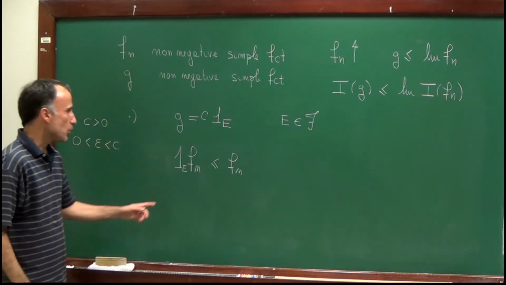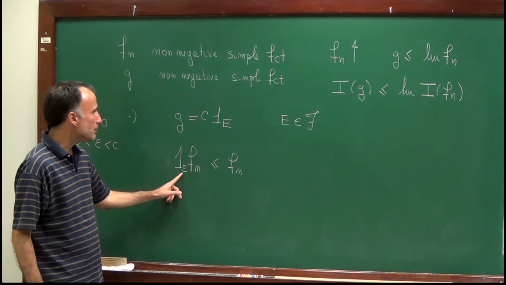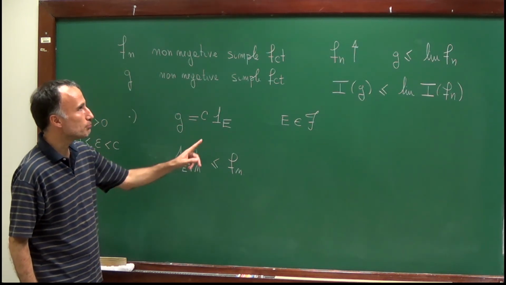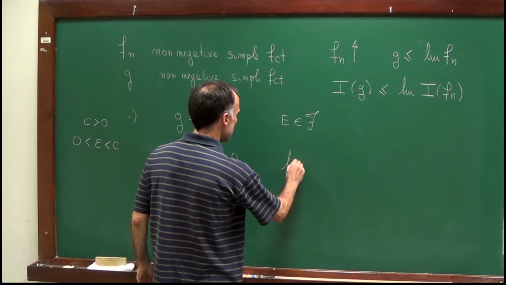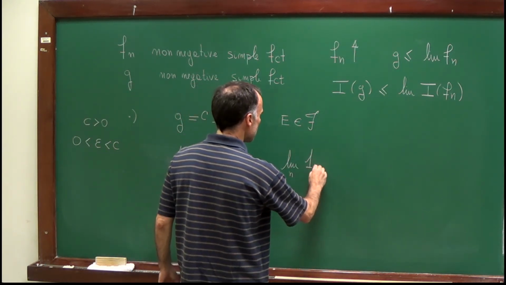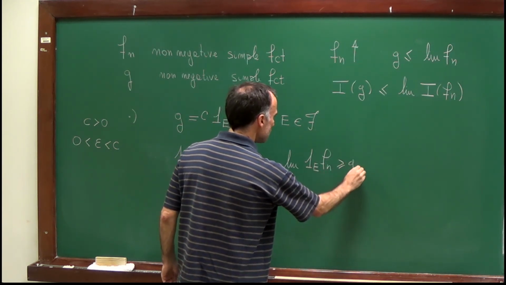And it's also clear that the limit of this sequence will be larger or equal to g, so that the limit in n of the indicator of E times fn will be larger or equal to g,